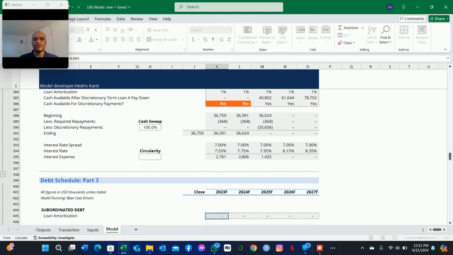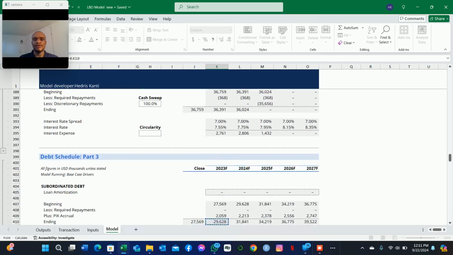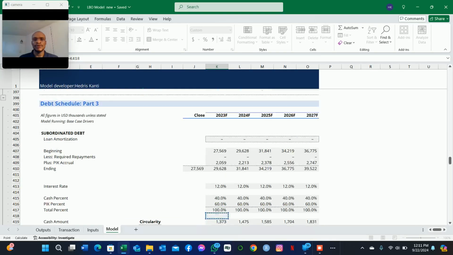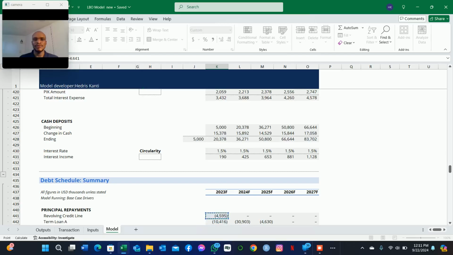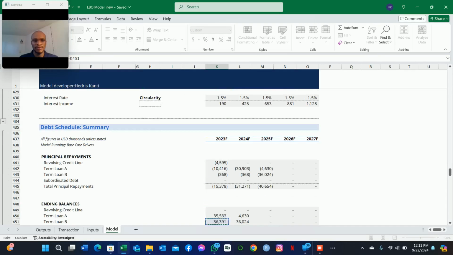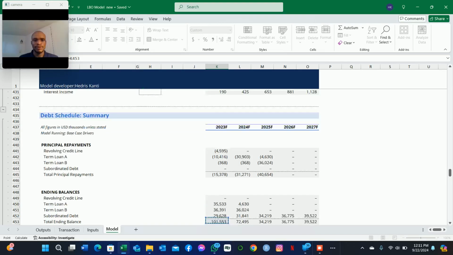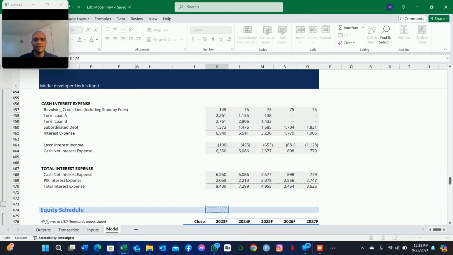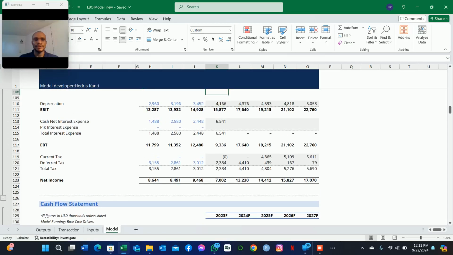So we will reference that amount, which is tax deductible. So we have to reference the cash net interest expense. So we have it right there, the cash net interest expense. And then for the payment in kind, we just paste this as formulas, and then we can copy this